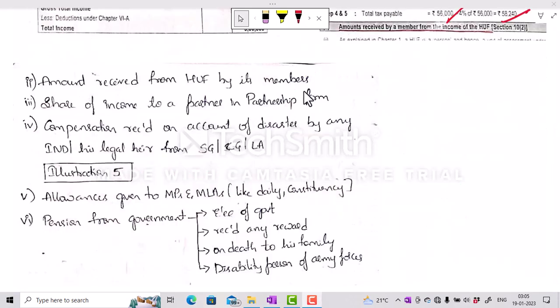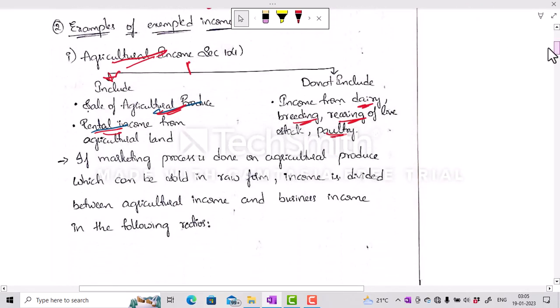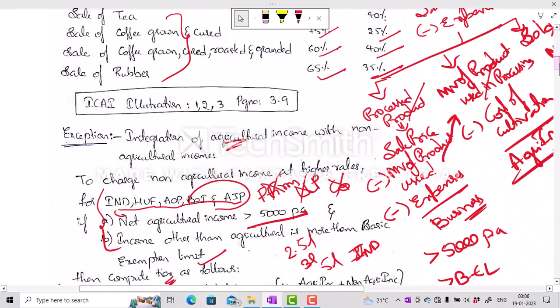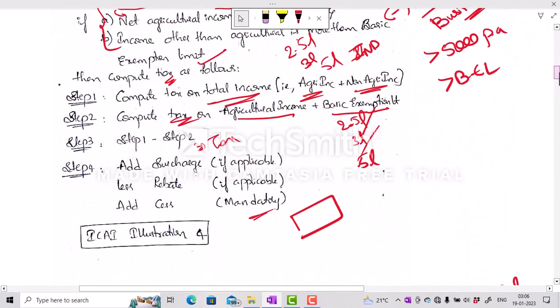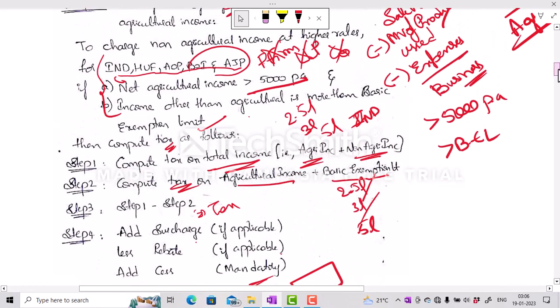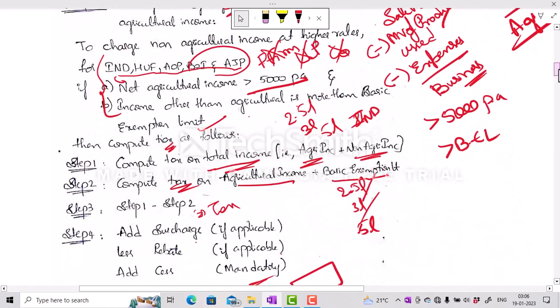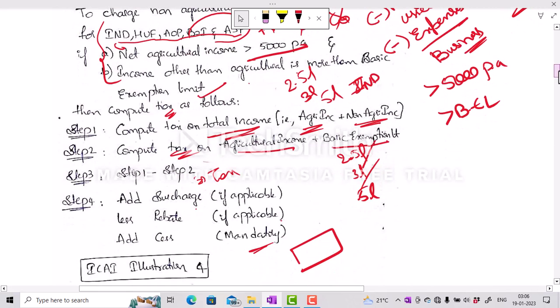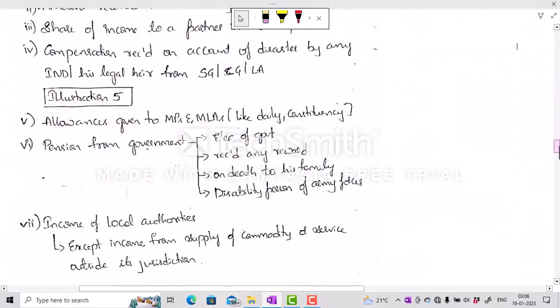So we are done with agriculture income. What have we discussed in agriculture income? One is what comes under agriculture income and what does not, and the bifurcation of ratios for food products and for other products, how to calculate the business income and agriculture income, and the integration of agriculture income with non-agriculture income. It comes only when agriculture income is more than 5,000 per annum and other than agriculture income is more than basic exemption limit. So coming to the next example,